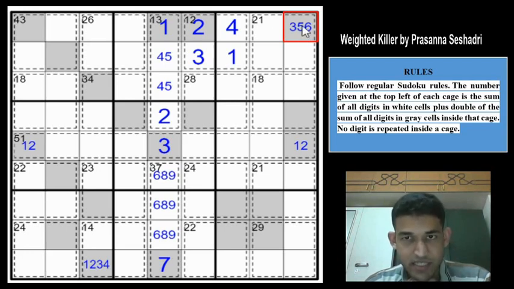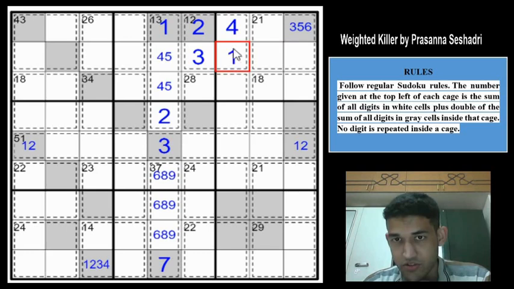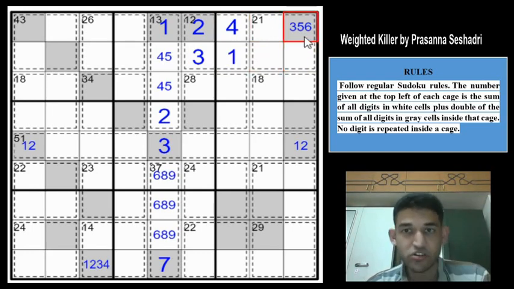Can we have a 6? If you have a 6, this becomes 12 and then we need 9 more from 3 cells without 1 and 4. So if you have a 6, 1, 4 and 6 will go away and we need 9 more from 3 cells. The minimum candidates left are 2, 3 and 5, which gets you to 10. So you can't have a 6 as well. So this is going to be 3 or a 5.